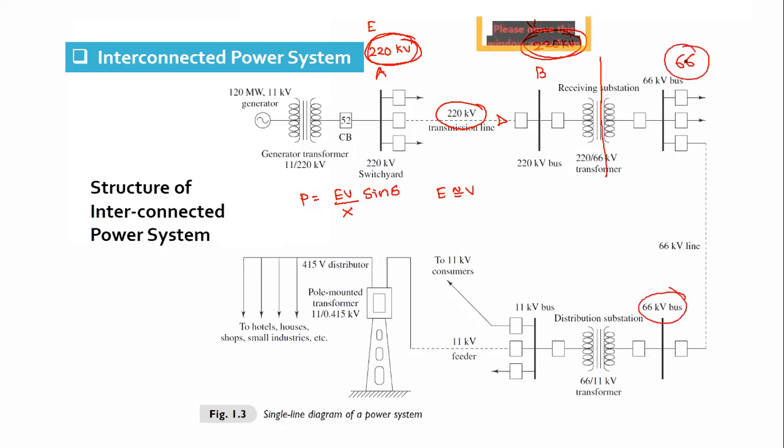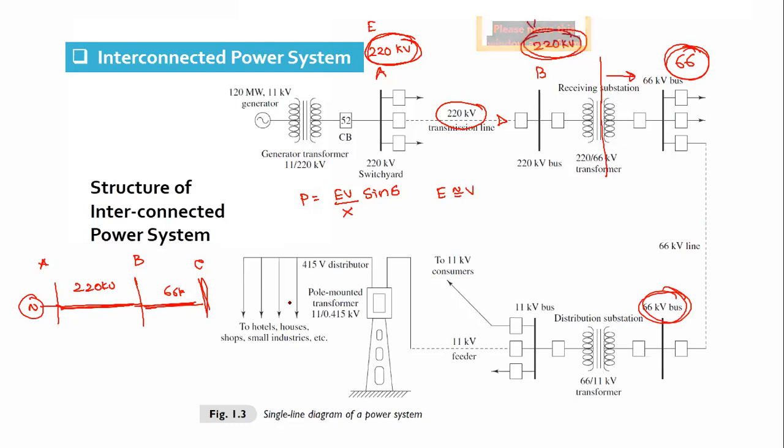So for any line, when I say like this, see, the substation rating of this line will be the same. Suppose it is a 220 kV line. The same thing will happen over here with a 66 kV line, where the sending end and receiving end voltages will be the same. And the 66 kV is on the other side of the transformer.